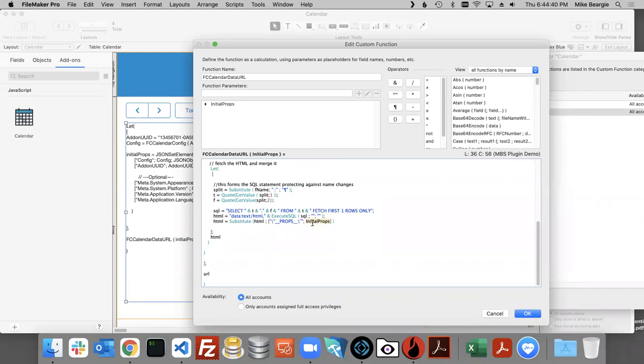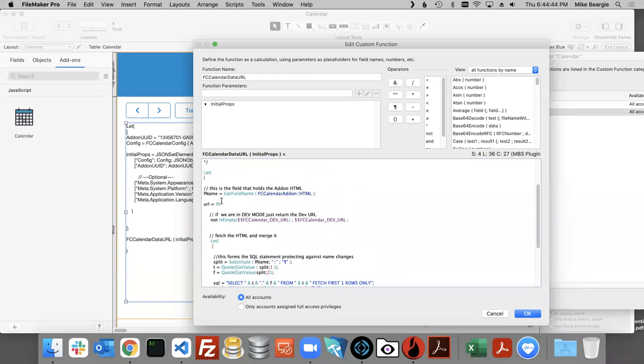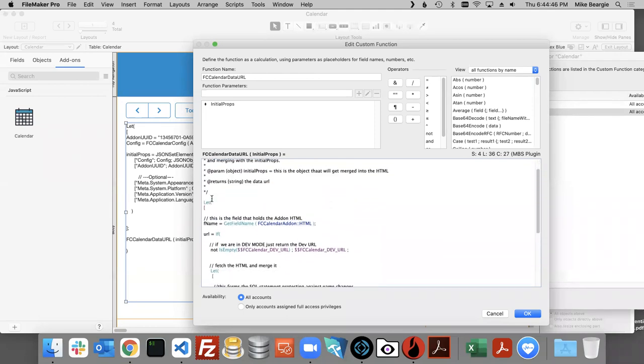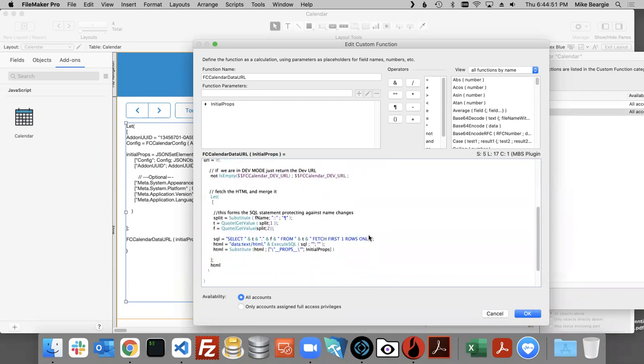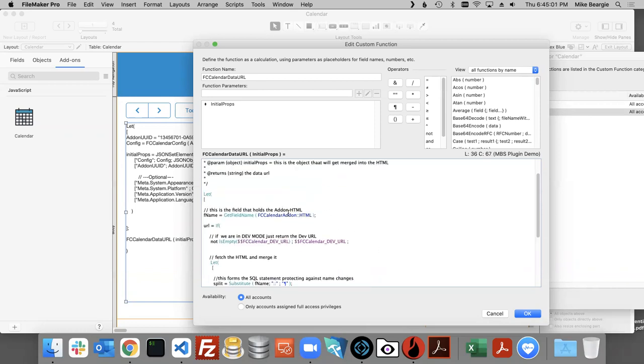So whatever they pass to it is getting substituted out in their HTML. And their HTML is coming from fname up here. So we've got some processing on fname here where we're splitting it up. Field name. Okay, so all they're doing with this is they're taking the HTML field, splitting it up, and then